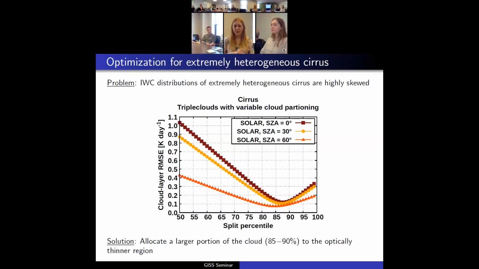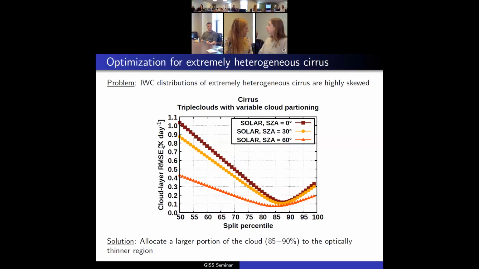And in this case, it's not so clever to geometrically split layer cloudiness into two equal parts, but it makes more sense to allocate a larger amount of layer cloudiness to the optically thin region where we would place these many tiny little ice crystals. And so this graph shows